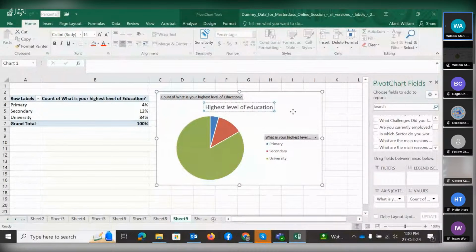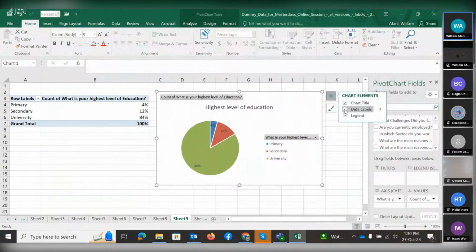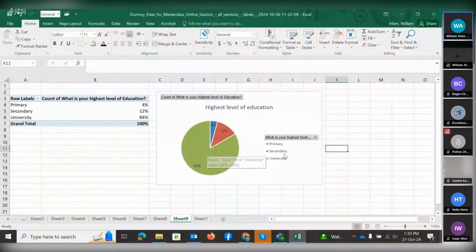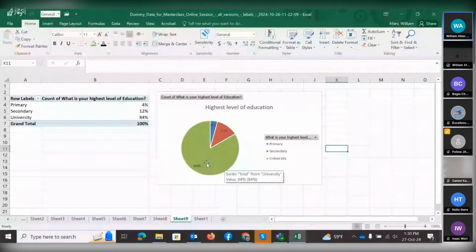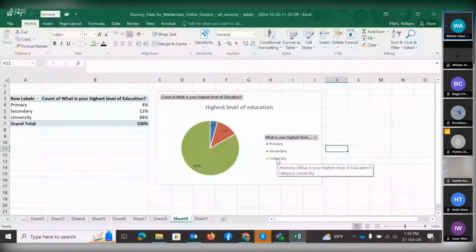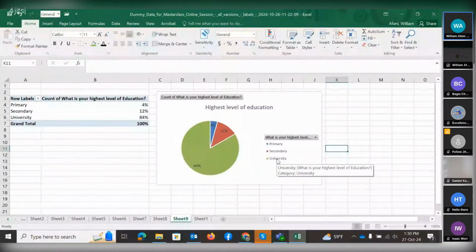Highest level of education. What else will you have? You can check the data labels to show that this color, the green, belongs to people with highest level of education in the category of university as the biggest or the